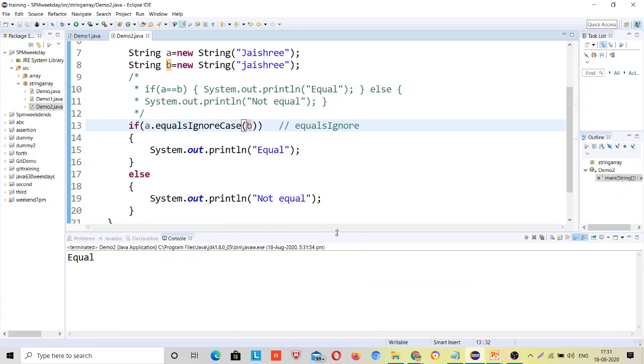So now this time it will be equal. So what is the main difference between double equals and the equals method, right? Double equals is used to compare primitives, whereas the equals method is used to check the equality of objects, right?